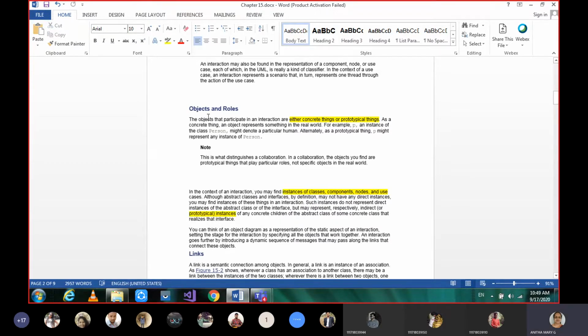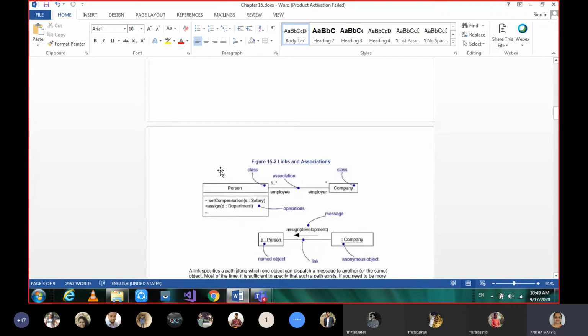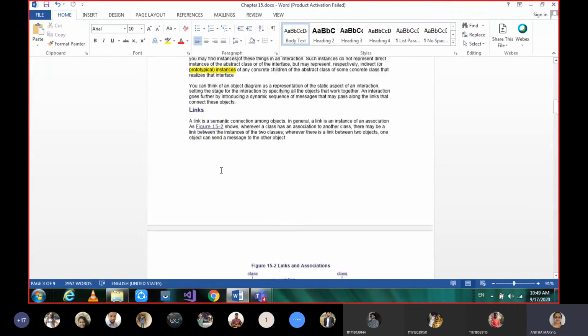So here we are talking about all objects and their instances, and how these object roles are there. If they are concrete, static role. If they are dynamic, prototypical role of that instance. Okay.